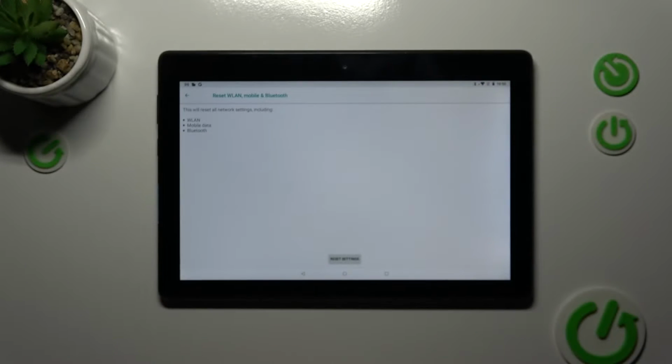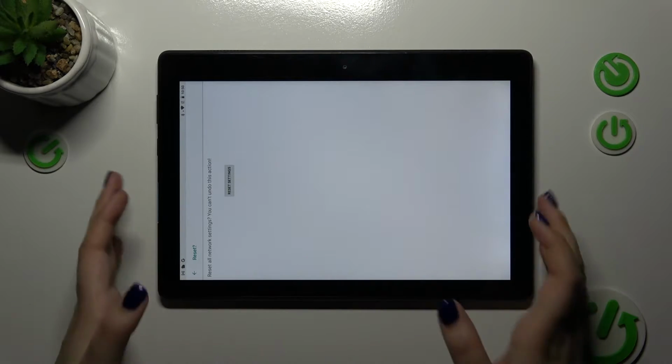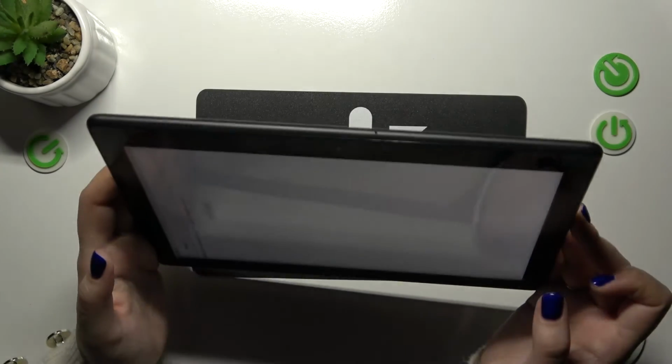Here your device is of course informing you what it will actually reset, so among others the Bluetooth and mobile data. So let's tap on reset settings if you're ready. Okay,